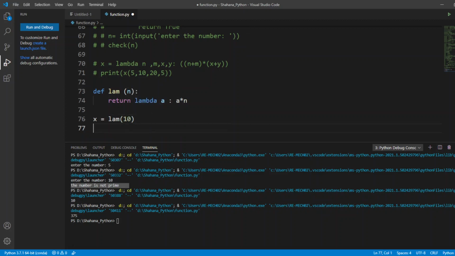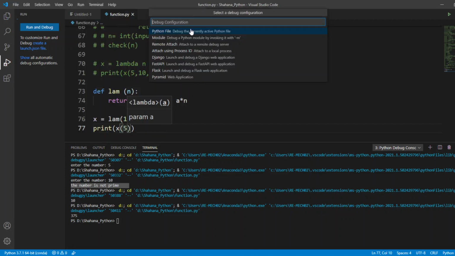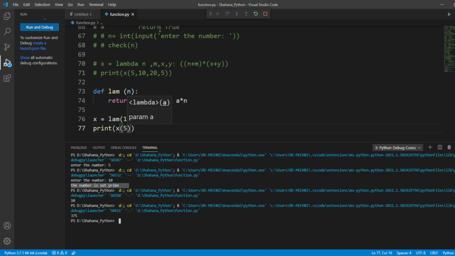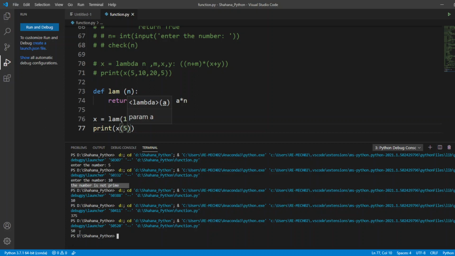Next I'm going to print my x with another value, 5. If I run this code, I got my proper output here.